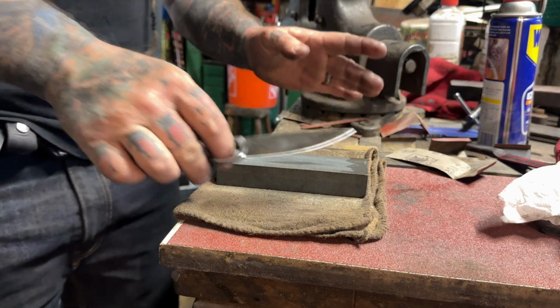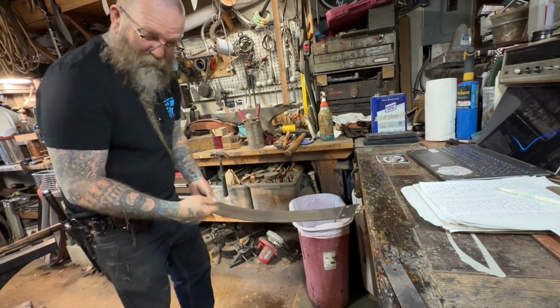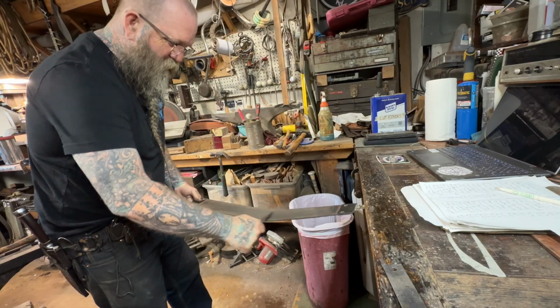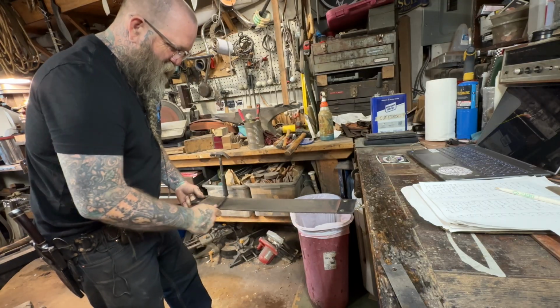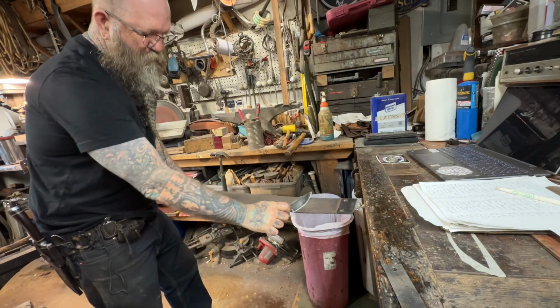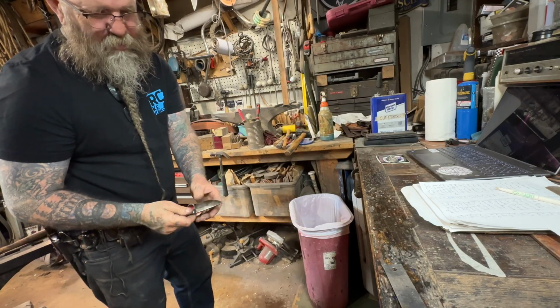Now every time you sharpen a knife, you want a strop. You do not have to have a fancy strop, like a barber strop, like my amazing friend Beth made me. But you see I'm dragging away from the cutting edge, and all I'm doing is basically knocking off